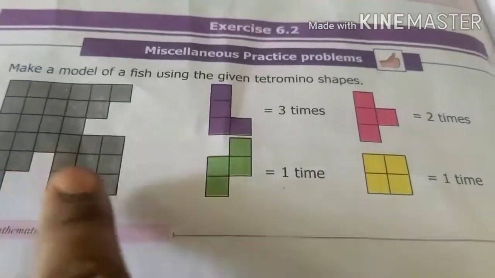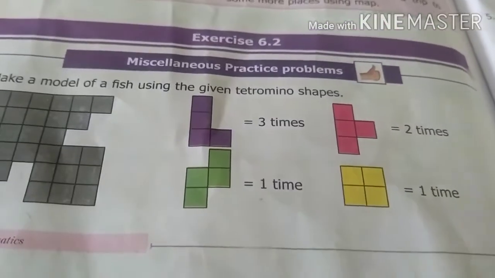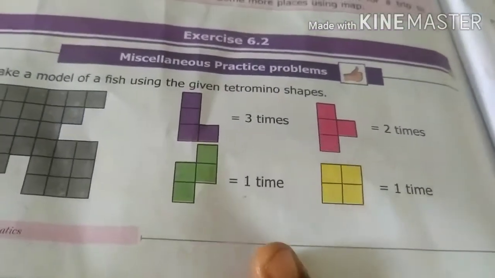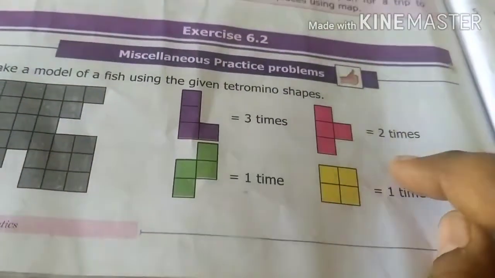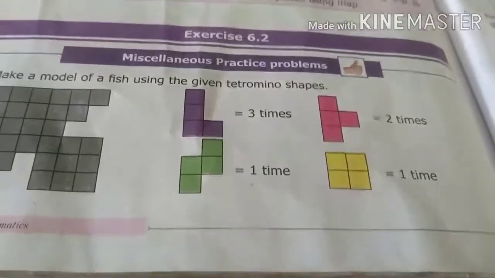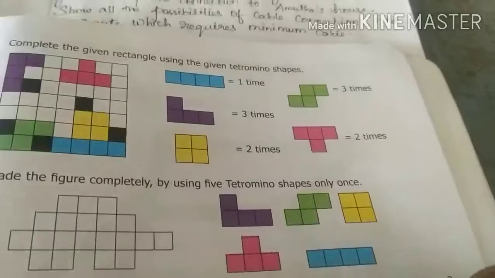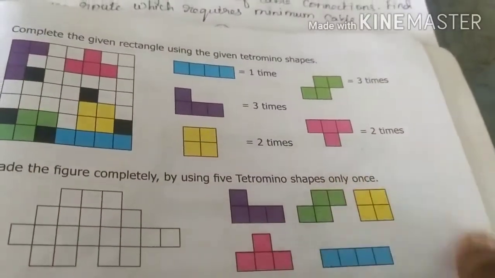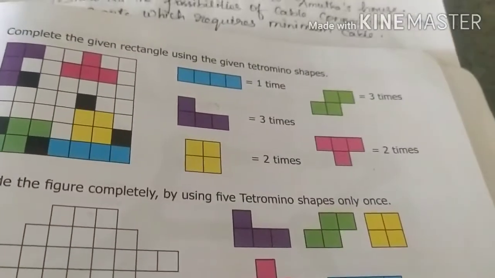Okay? So in this place we have to fill these diagrams. The images, and how many times you have to use each, are given very clearly. So this is 3 times, this is 1 time, this is 2 times, this is 1 time we have to use in this diagram and fill it. Okay? Take the color pencil and shade the particular colors. Next is question number 2. This is also the same. We have to fill these empty boxes by using these images. The number of times we have to use each is also given very clearly.